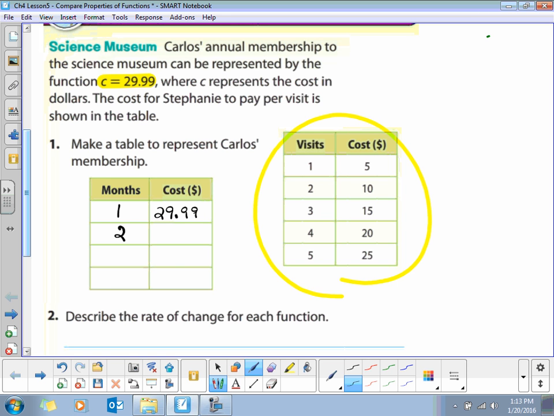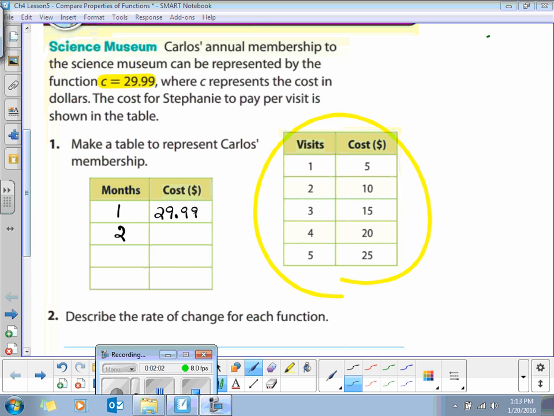After 2 months, how much is Carlos paying? What does the equation say? C is equal to